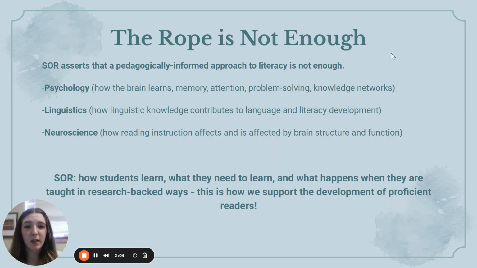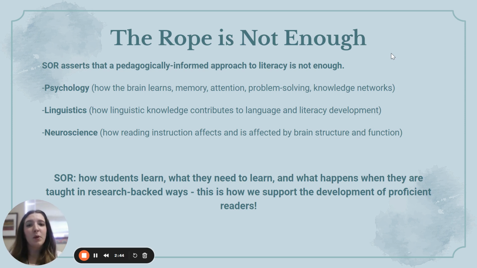But the science of reading is going to take it one step further. The science of reading is going to say that this pedagogically informed approach, the reading rope, is not quite enough to get students to a place of true literacy. So the science of reading says that reading instruction should be informed pedagogically, but it should also be informed from a psychological, linguistic, and neuroscientific standpoint. So we're taking into account how brains learn and how memory works, linguistic knowledge and how that works in students' internal grammars, and then also literally the brain structure and how it functions,